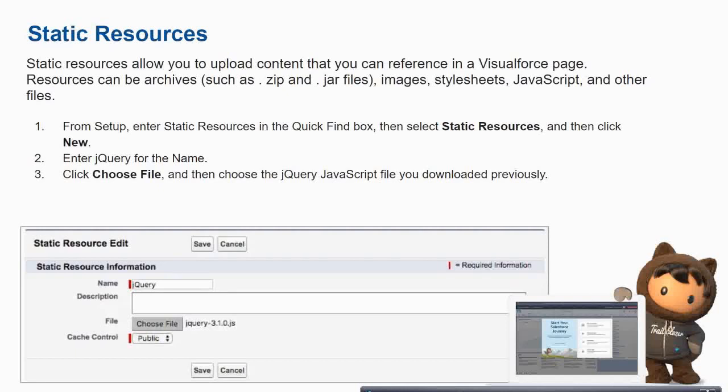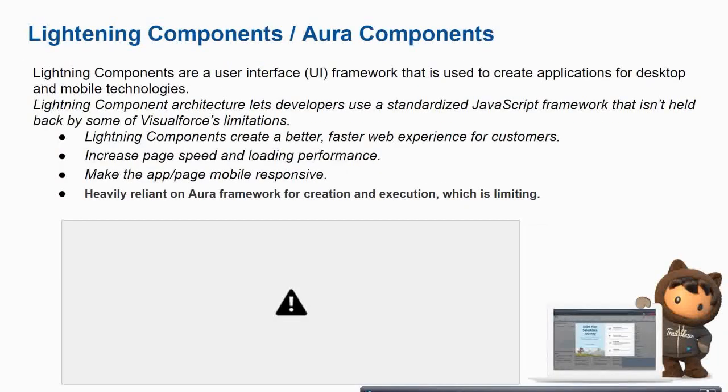Go to the quick find box, the search box, and type static resources. You will get it in the menu, and you can click there, upload the jQuery file or the Bootstrap file, and you will get a link, the path. Then use that library inside Salesforce. I don't know why this image is gone.